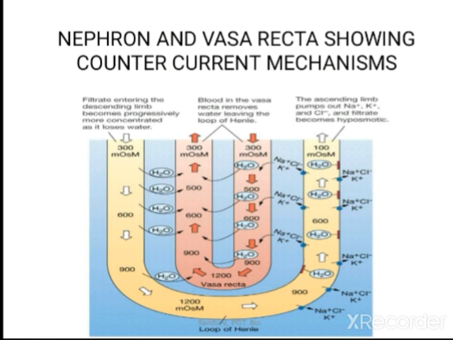What is the countercurrent mechanism? It is when the fluid flows in opposite directions. Can you see, the direction is this side and here the direction is in the opposite side. Here also the direction is to and fro, both in opposite directions. When you compare these two tubules, once again they are in opposite directions. This type of flow of blood and other fluids inside the tubules is called the countercurrent mechanism. It is helpful in concentrating the substances and in absorption of various molecules. This countercurrent mechanism is especially seen in the kidney during the formation of urine.